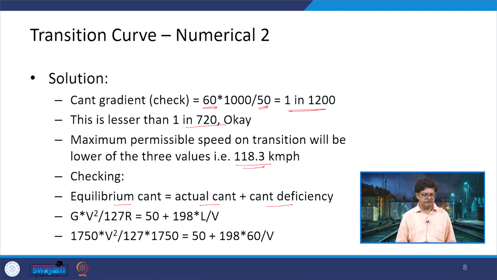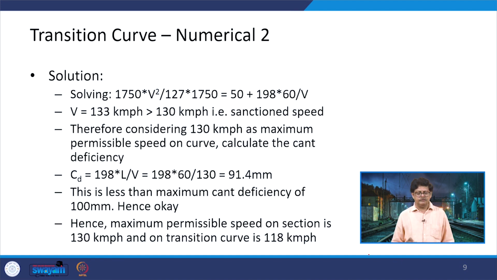Now, equilibrium cant can be found out by the formula GV square divided by 127 R. Actual cant is given as 50 and for cant deficiency we have a formula as 198 into L divided by V, where L is the length of the transition curve. So, using this, when we put all of the values, the only variable which we are considering here is the speed V, and we are interested to calculate this value. So, we get an equation here. If we solve this equation, we get a value of V as 133 kilometers per hour,